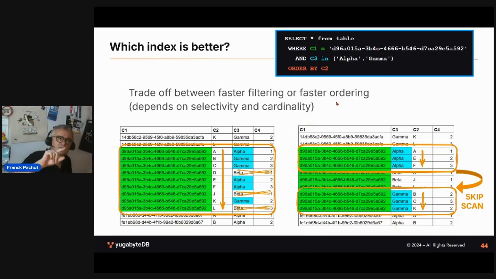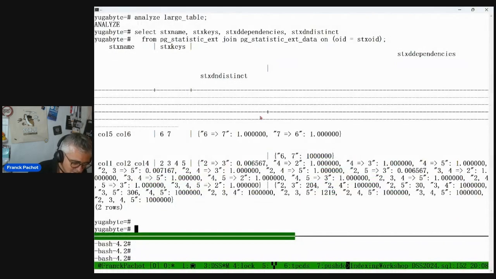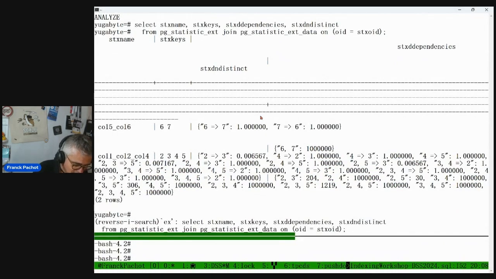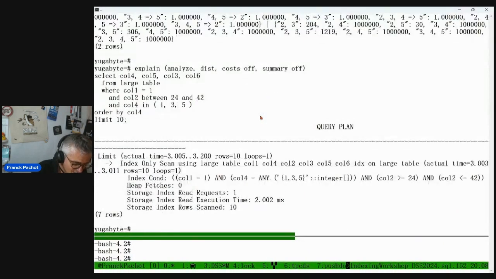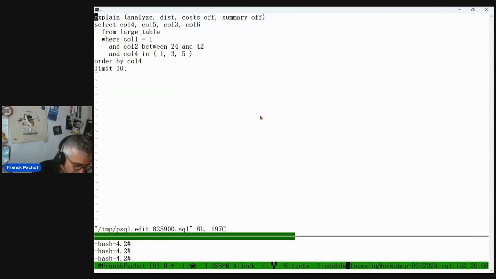In Yugabyte, in addition to the dist option that shows the number of read and write requests, you have the debug option that puts a lot more. It puts all the LSM tree seek and next operations, which are based on RocksDB. So the metrics start with RocksDB. Let me just show one quickly. If I go to the last explain that I have. So that was an explain with, okay. If I add debug there,